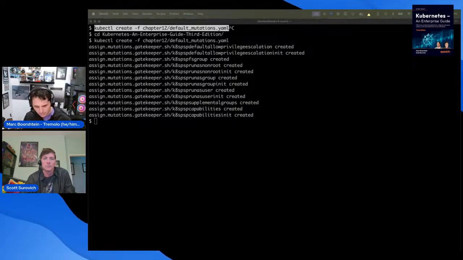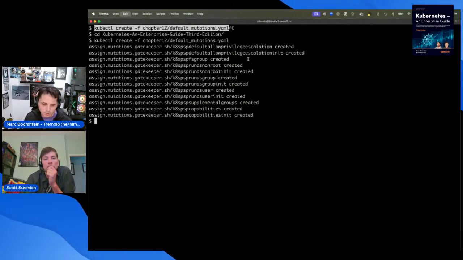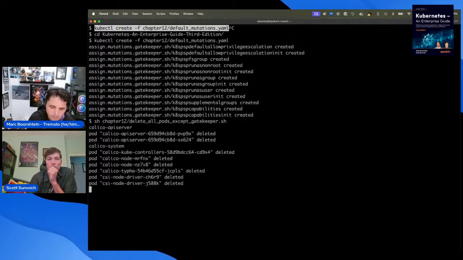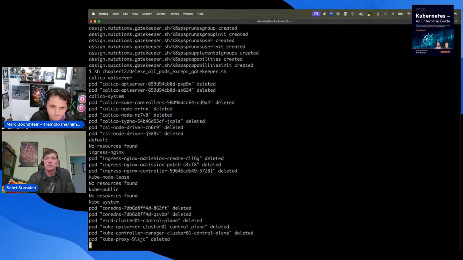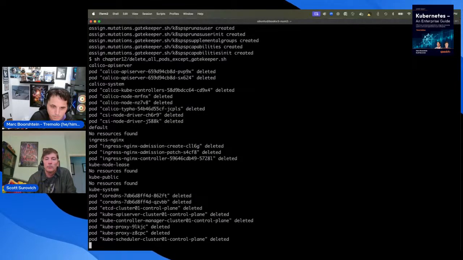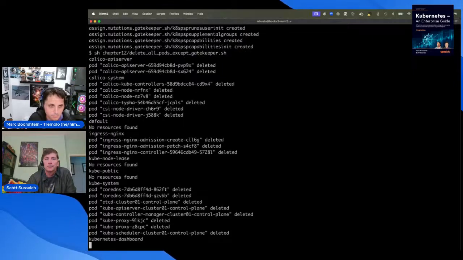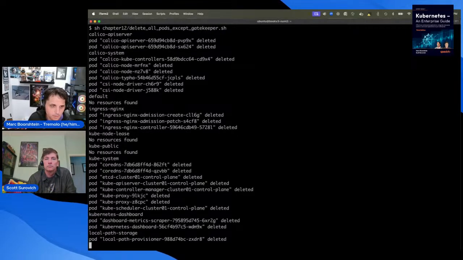The important thing to understand is we're talking about eventual consistency. If you create a policy after you launch a pod, Gatekeeper will show you whether or not it violates the policy, but won't do anything about it.